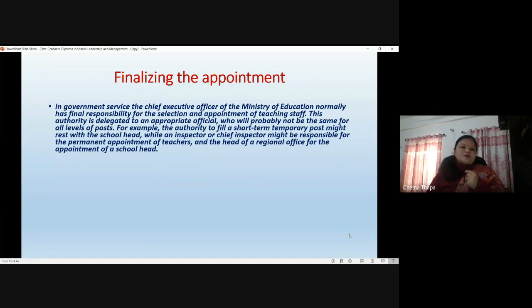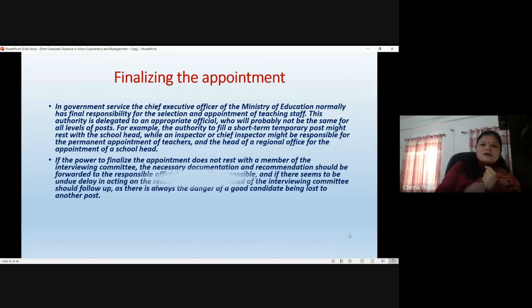For a temporary post, what we have discussed might be for the permanent position, but for the temporary post, the school head himself might have the responsibility and the authority of appointing the individual. So he might finalize the appointment procedure also. And if the power to finalize the appointment does not rest with the interviewing committee,